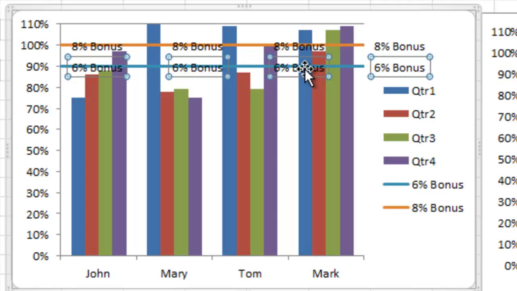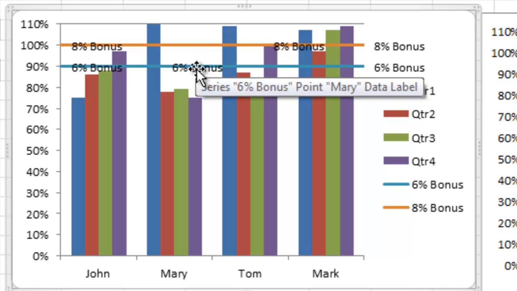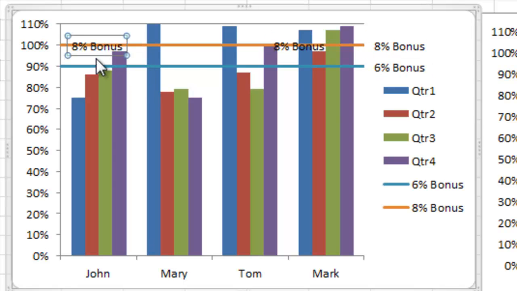So that means I can go in here and I can select each one of these other individual data labels and hit my delete key. So you first select the label, it selects every single label in the series, select that label again, and you can see it's only that data point label. Hit your delete key, so it's 2 clicks on each one. Click here on the 100% one and delete that one. Click once, click twice, hit my delete key. So now you see we've got 8% bonus and 6% bonus over here on the far right,